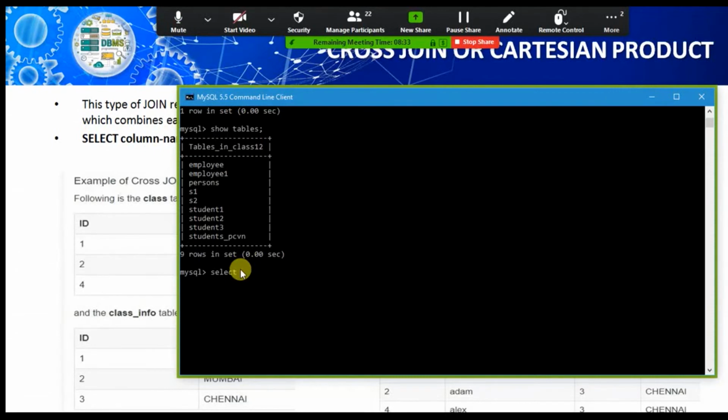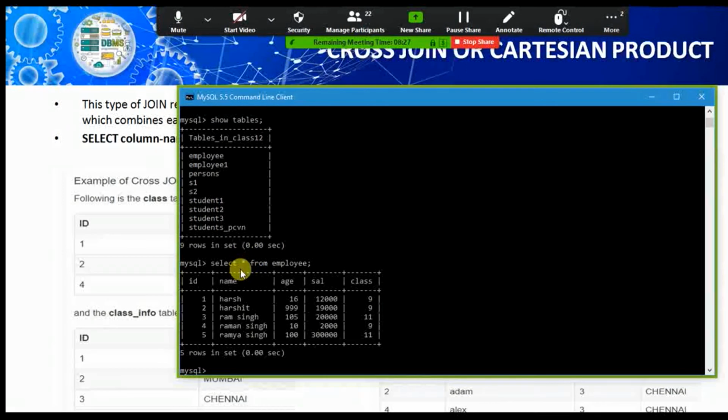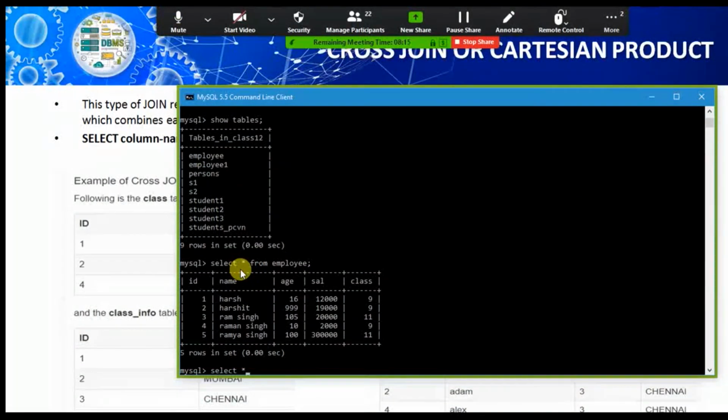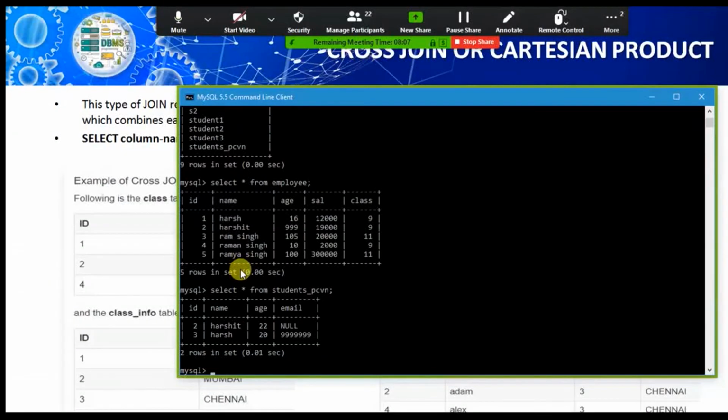Select asterisk from employee, the data is here. Now I am selecting from students underscore PCVN. Select asterisk from students underscore PCVN. The data is also here.